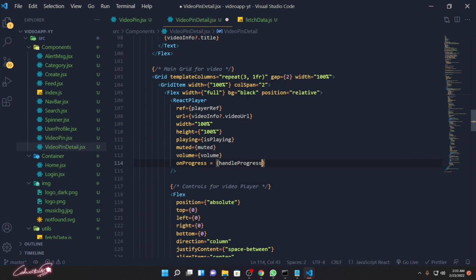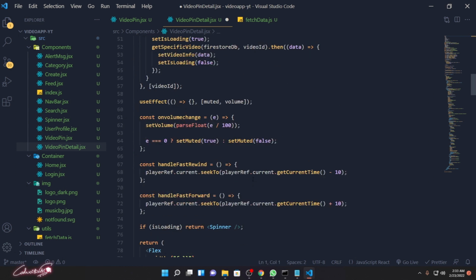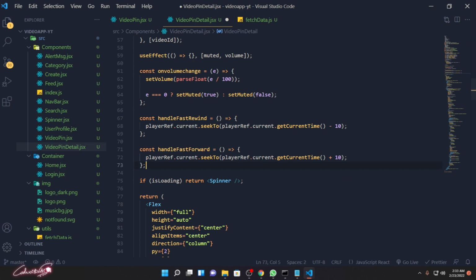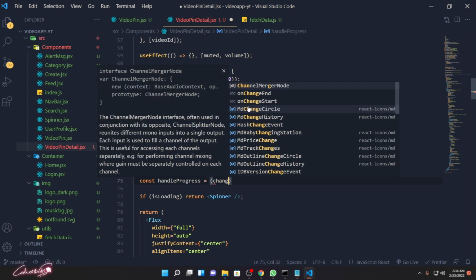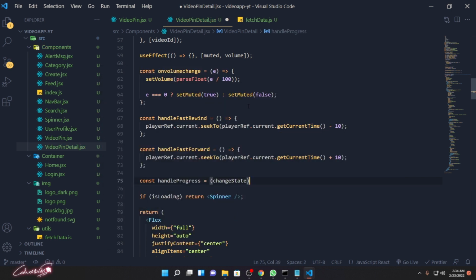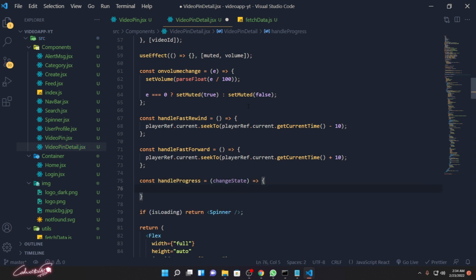Handle progress. So let's go ahead and create this method. Let's go to the top, and right after the handle fast forward we created, we are going to change the progress. Const handleProgress equals, so this will give the state. Whenever the progress is changing, React Player throws a few state properties. Let's say console.log